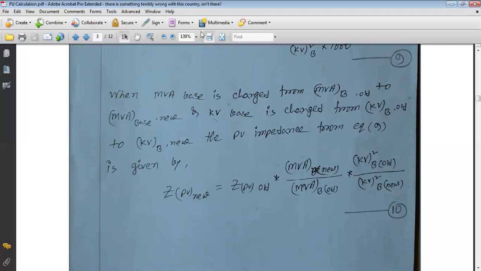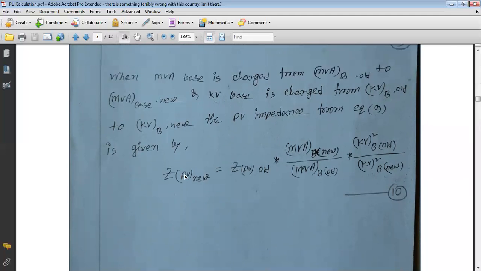Okay, so now this is another equation, and this is not the basic equation. Actually, this is another basic equation, but if two values are given, that is, one is the given per unit value and one is the new per unit value that you have to calculate, then this is the equation we use. So if you are given two values of power and two values of voltage,